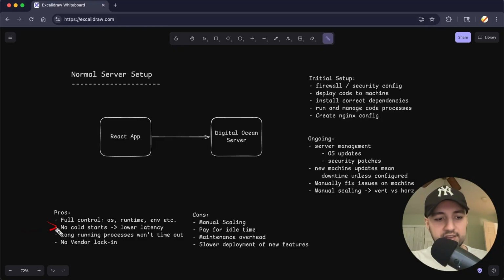Also, a really nice thing is that you don't have cold starts. So pretty much you'll have low latency. This is an issue with serverless setups where it takes around 500 milliseconds in the worst case, where the machine shuts down, stays off for some time. But in this kind of setup, you won't have that because you'll always have your DigitalOcean or your server setup